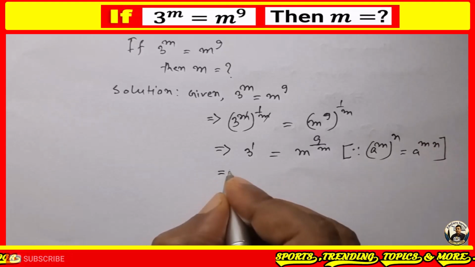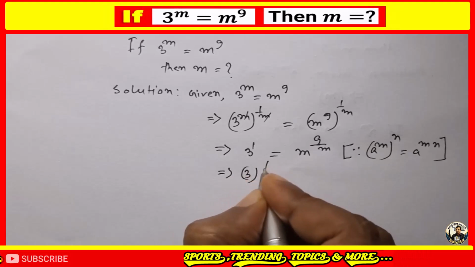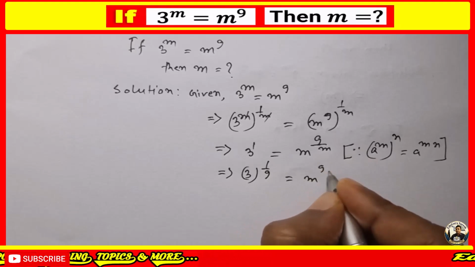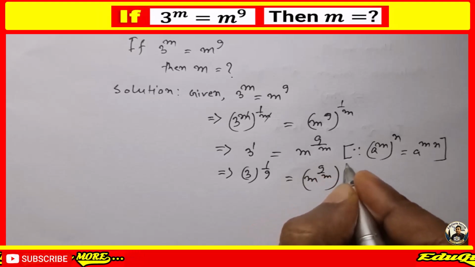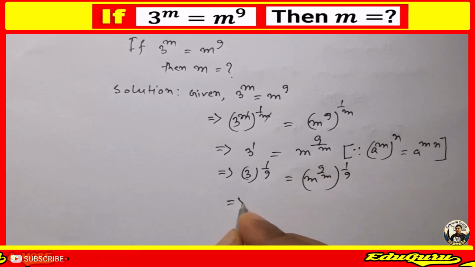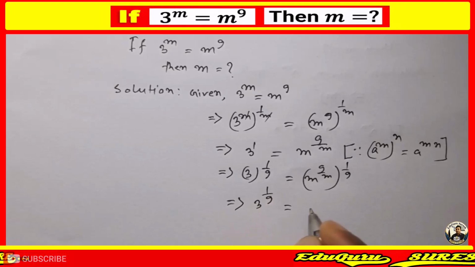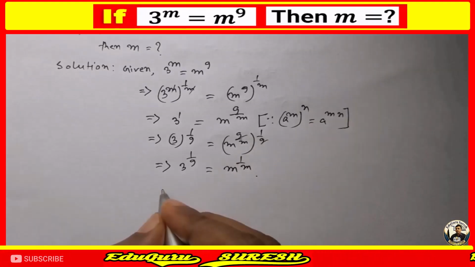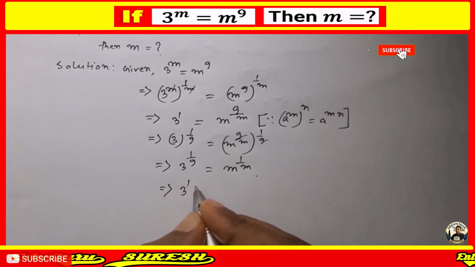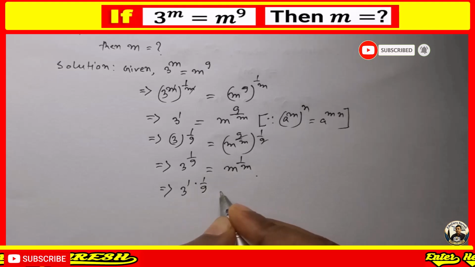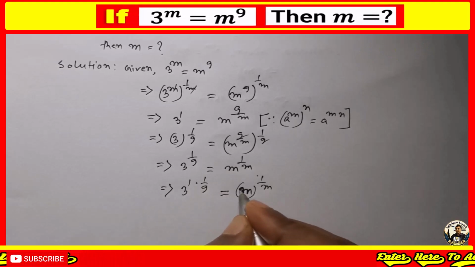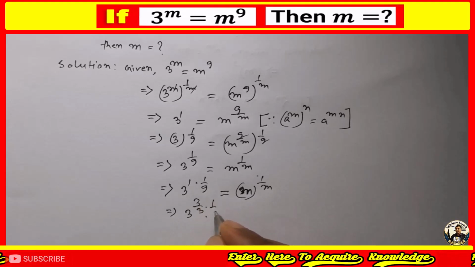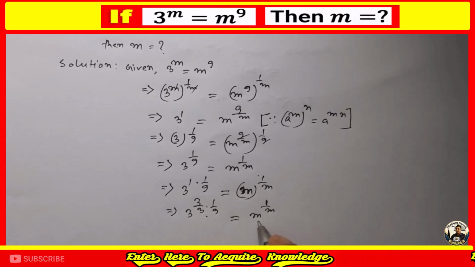or 3 to the power 1 over 9 equals (m to the power 9 over m) to the power 1 over 9, or 3 to the power 1 over 9 equals m to the power 1 over m, or 3 to the power 1 times 1 over 9 equals m to the power 1 over m, or 3 to the power 3 over 3 times 1 over 9 equals m to the power 1 over m,